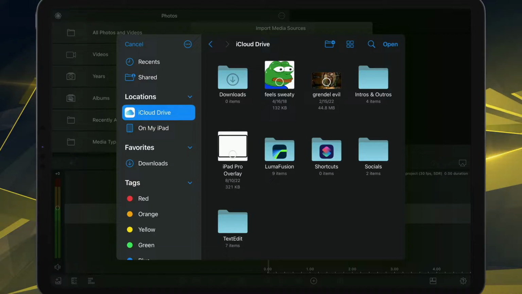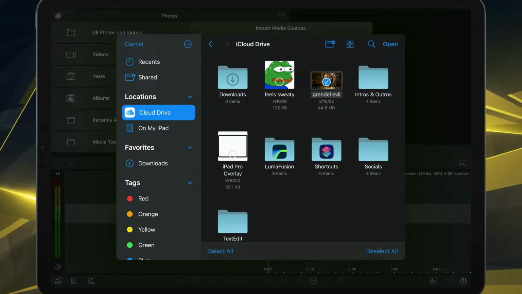Yes, I actually have some stuff on iCloud. Actually, let's go ahead and import this and import this, and honestly, I guess we'll import this as well. Why not? For the purposes of this, we're going to import all three of these items, and